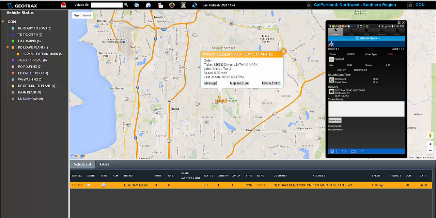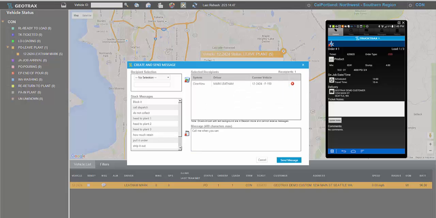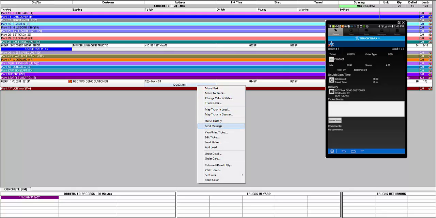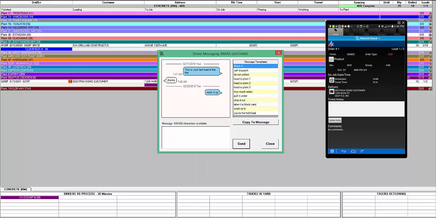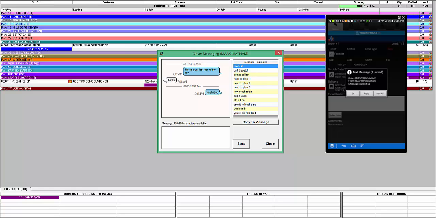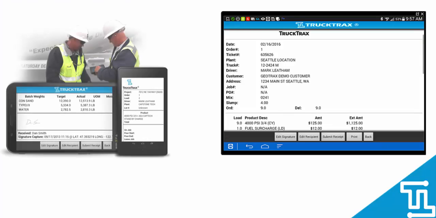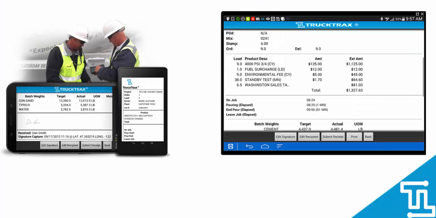Text messages from dispatch are displayed on the device as they are received. Messages can be sent from the GeoTrax web app or, depending on your dispatching system, directly from the dispatching screen. Reply messages from the driver can contain text, pictures, or both, and are attached to the ticket record for easy retrieval. One thing that sets GeoTrax apart from the other fleet management systems is that we have been using electronic